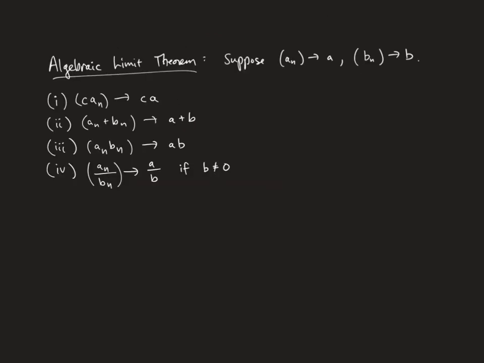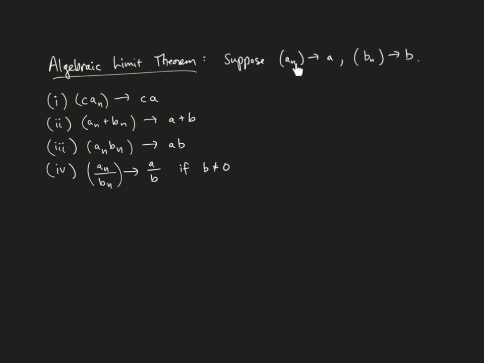Okay, so one of the standard manipulations you do with sequences and limits of sequences in calculus is to apply some kind of arithmetic to them. So we are going to justify that arithmetic from the definition. We're going to look at the proofs of those things.